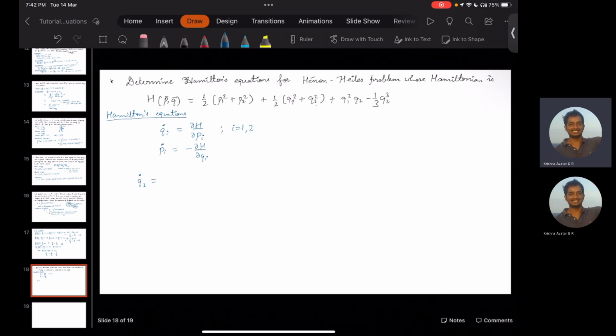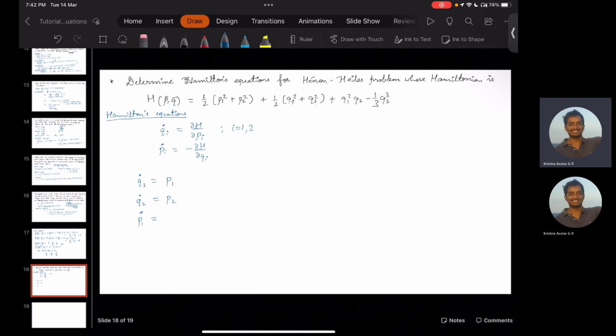So for p1 we'll have 2 into p1 by 2, so we'll just get p1. The second is q2 dot. For this, we'll have to take a partial derivative with respect to p2. So it's again 2p2 by 2, so it is p2. And for the third, we have